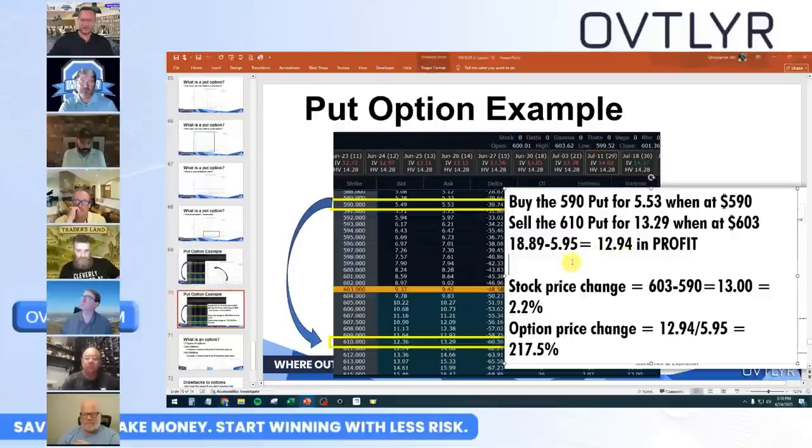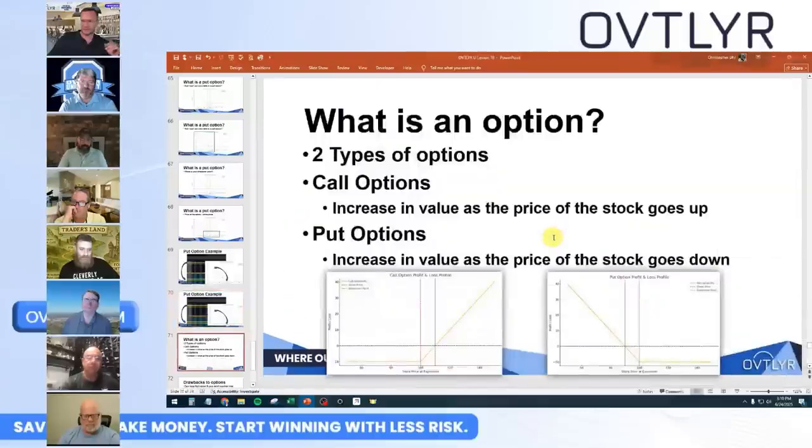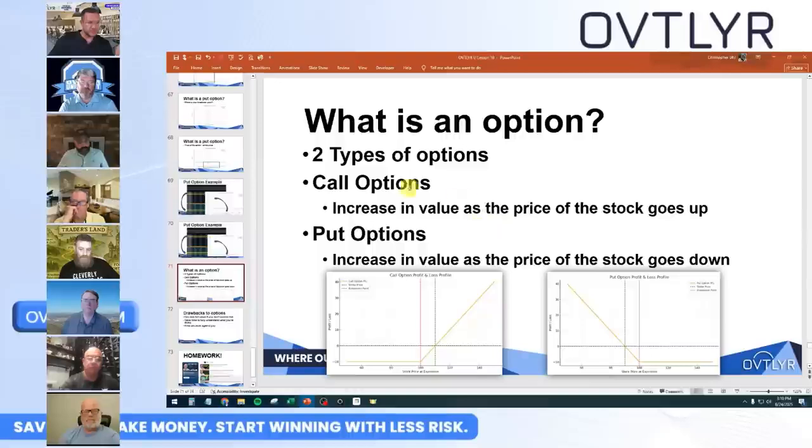Sorry. Let's go ahead and delete that because I feel like I need a better explanation of it. This is the opposite of a call option. As it's going down, the price of the option is going up. Apologies for typing that in wrong. So to recap, there are two types of options, calls and puts. We're only focusing on buying them. I never want you to consider selling them, no matter what.